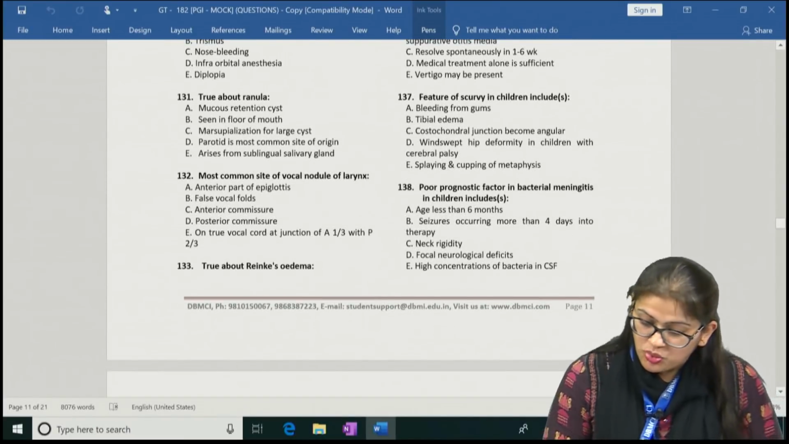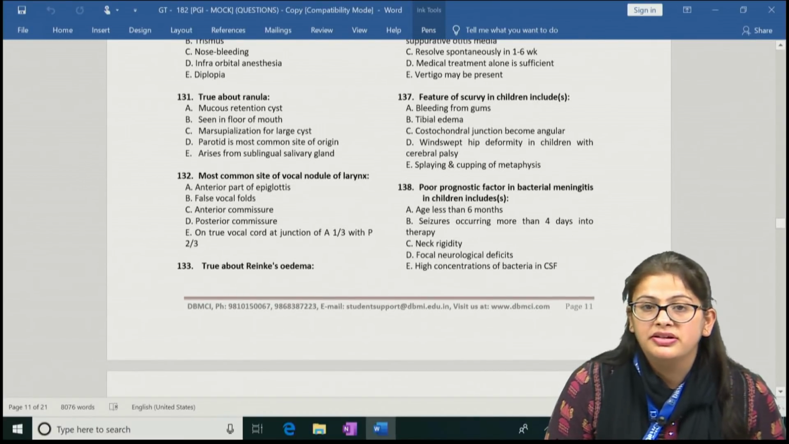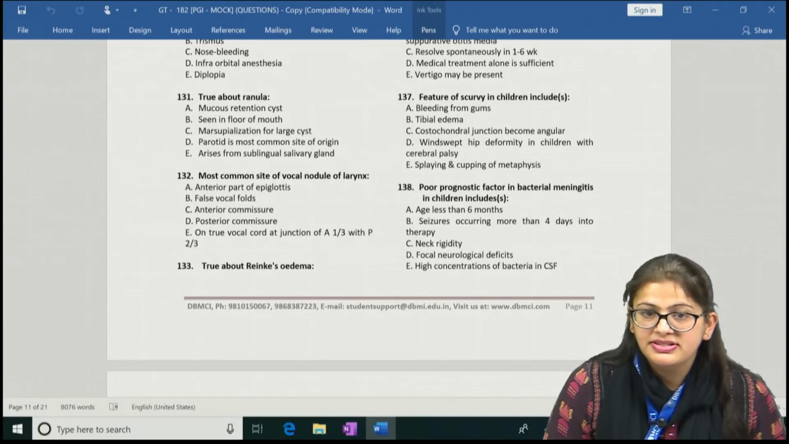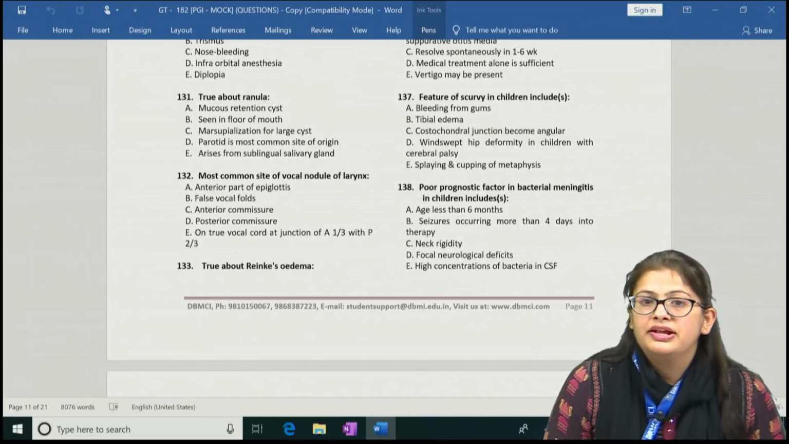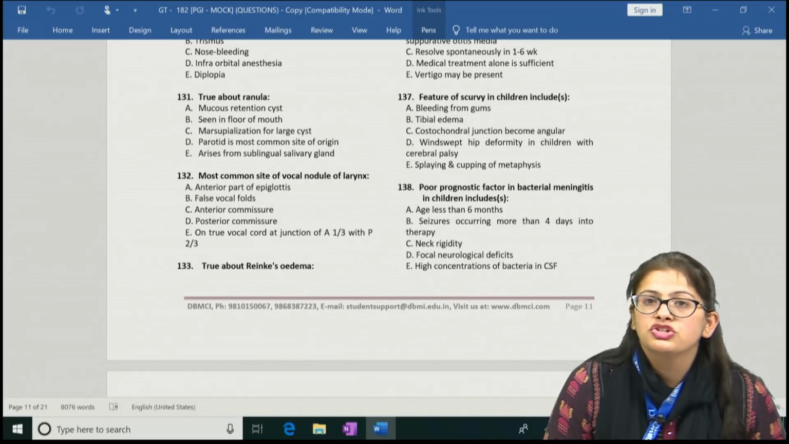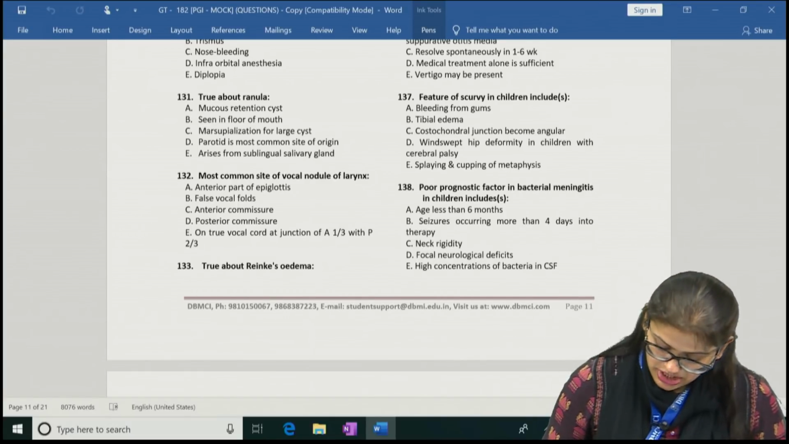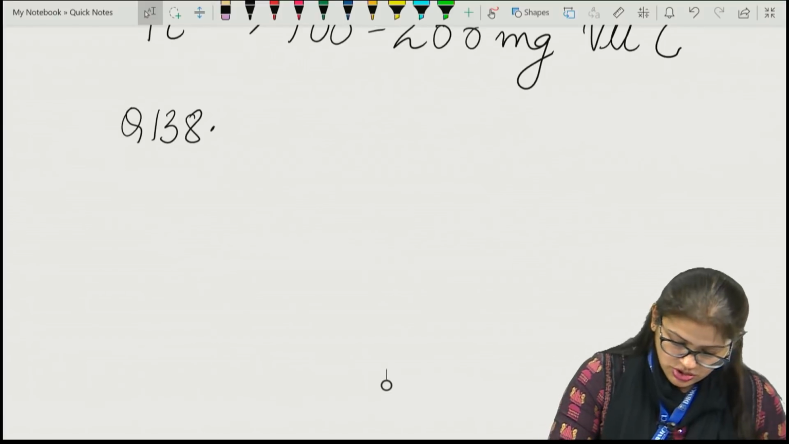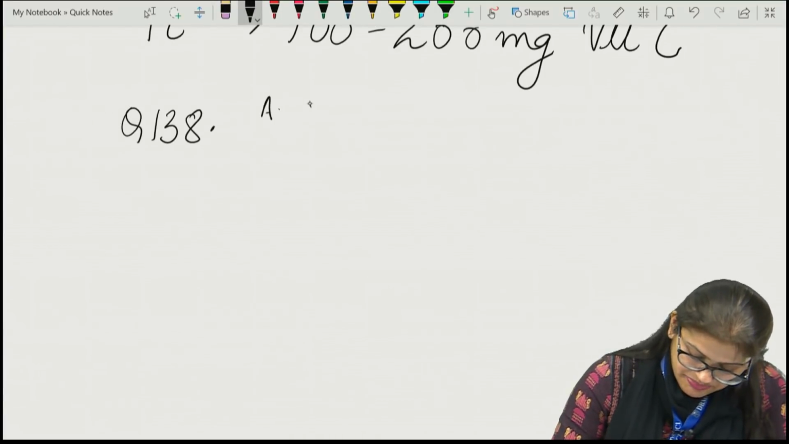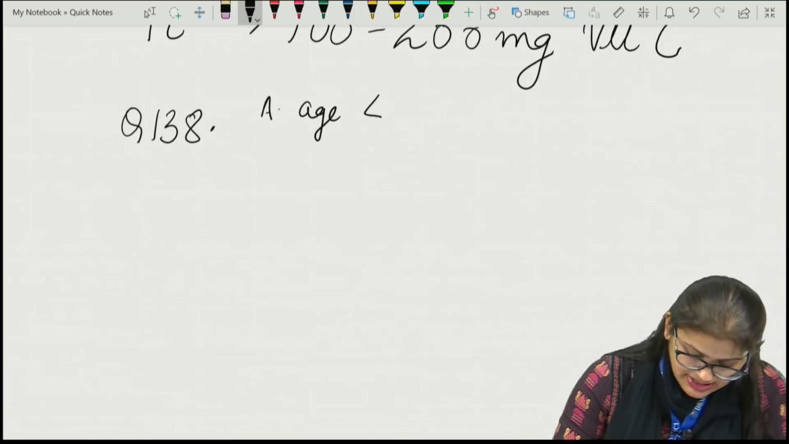Question number 138 talks about the poor prognostic factors in bacterial meningitis in children. These include age less than 6 months, seizures occurring more than 4 days into the therapy, neck rigidity, focal neurological deficits, and high concentration of bacteria in the CSF. So the correct answer to this question includes A, age less than 6 months,